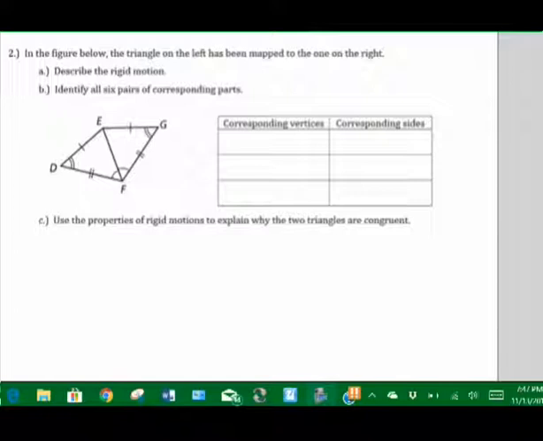Number 2, in the figure below, the triangle on the left has been mapped to the one on the right. Part A describes the rigid motion. It looks like it could maybe be a rotation or a reflection, but you have to look at the markings. This single marking on DE and this one here on GE, those are congruent to each other. Okay, let's not say equal anymore. Those are congruent. So the only way I could get those two sides congruent is if it's folded over, meaning